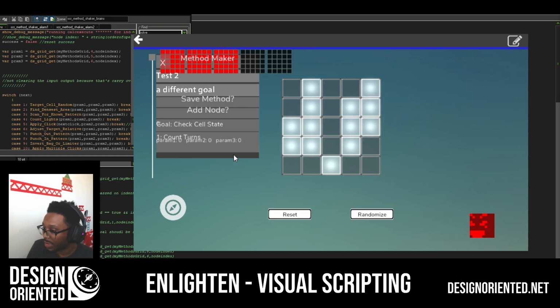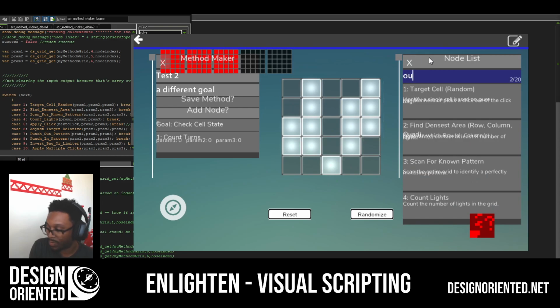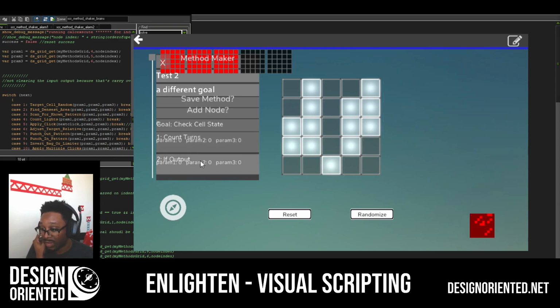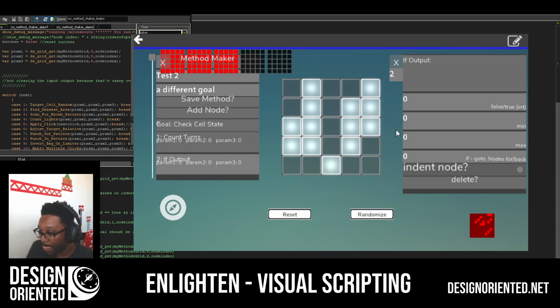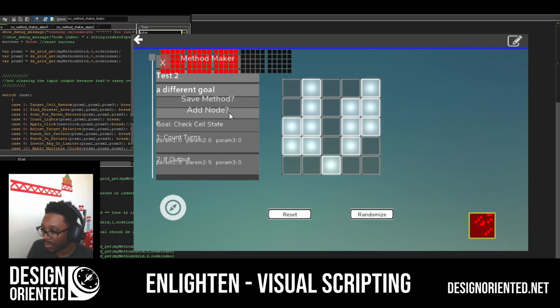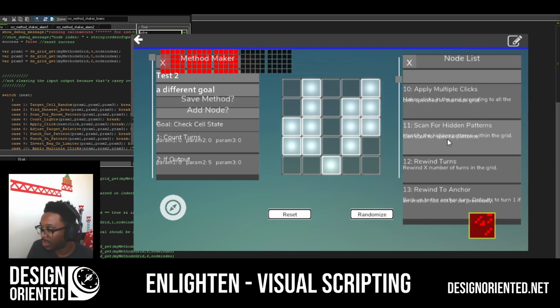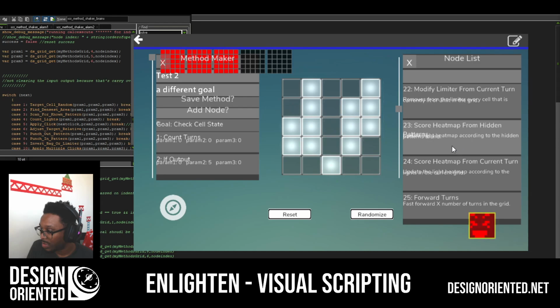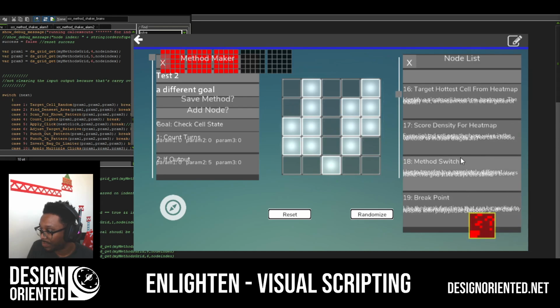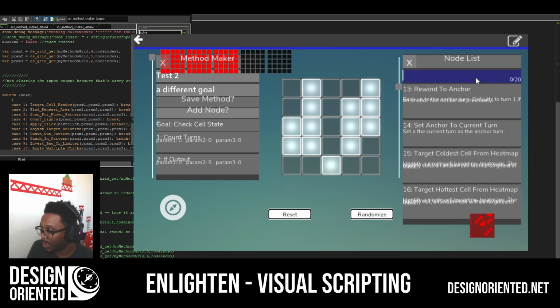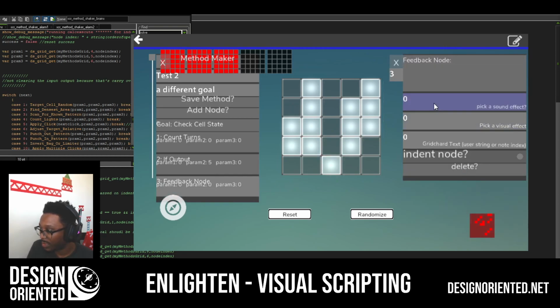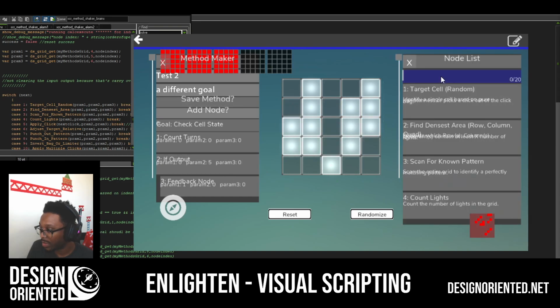Then we say if output for this one is this, if the number of turns is at least 5, then we want to add a node, and we want to feedback, pick a different number, and we're going to indent this. We're going to add a node and say